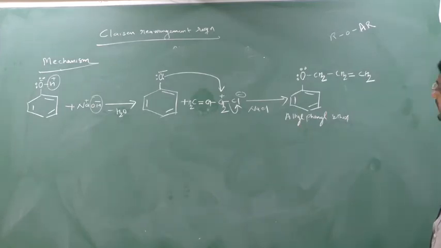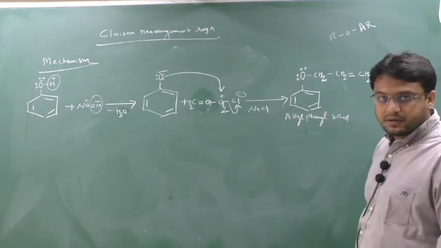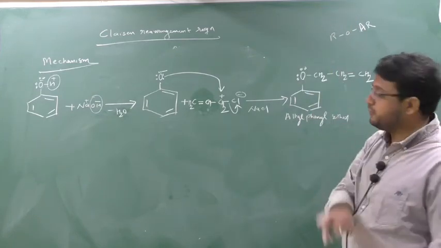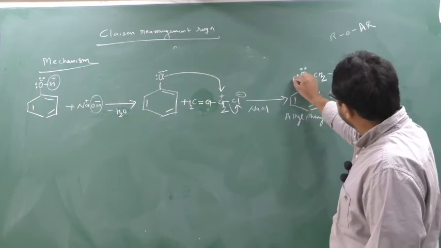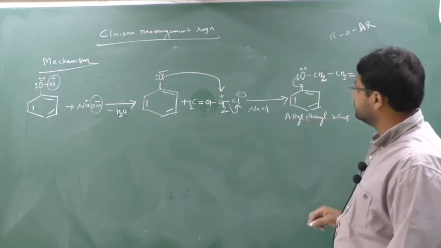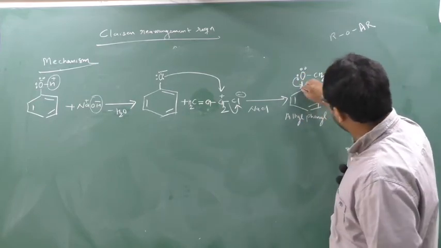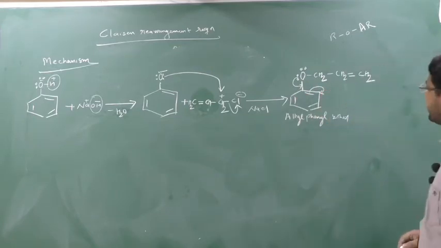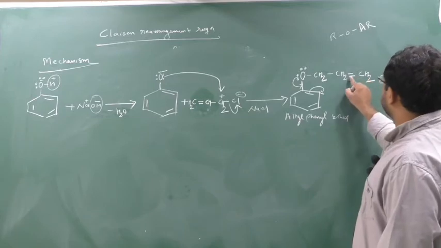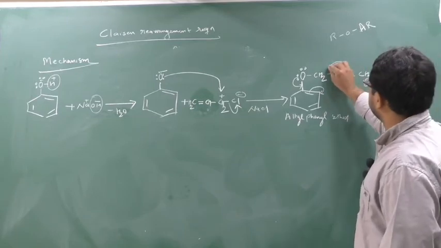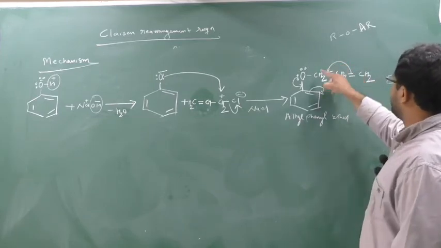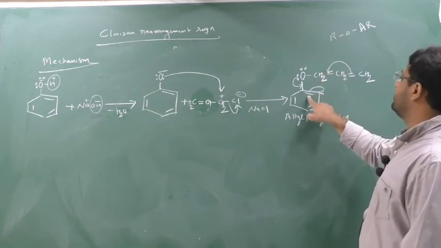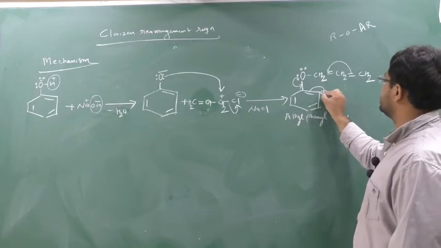Now the actual story starts. What happens, you know? See, here we will show the resonance. How to show the resonance? See, we have to make a cycle here. Understand? I will tell only once. This bond will shift here to make a double bond. When a new bond is generated, this old bond will break. Here a minus charge will come. Now out of these two bonds, this pi bond will shift here. When this bond breaks, it creates a minus charge. Understand this? Yes or no?